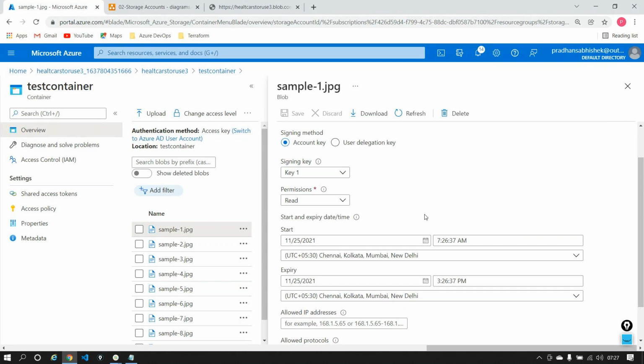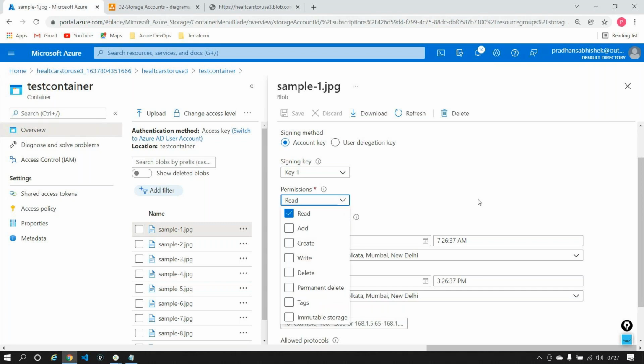And in this key, I can now control what someone can do with this key. For example, I am saying please generate something known as a key 1, and please allow a user to read, add, delete, write. I have a list of things out here. I can only say please allow a user to read, but not do anything else apart from read. He just has to read that particular blob, not write, delete, and etc.